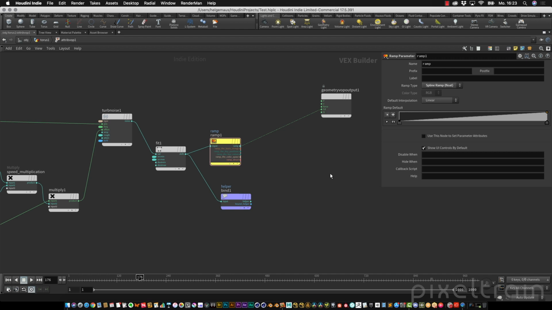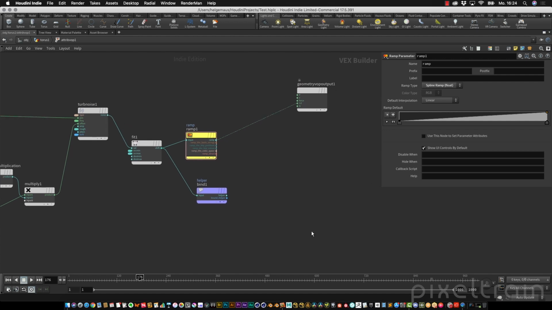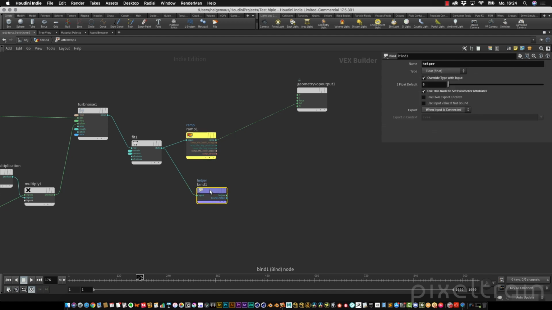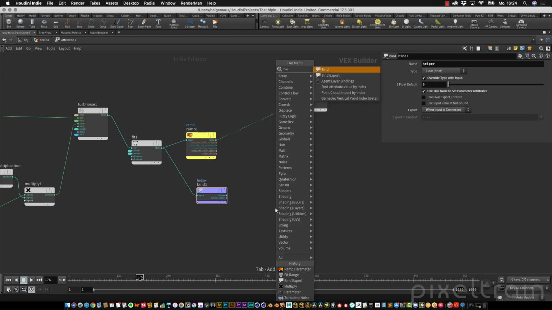But what we want to do now is scale the points up and down. And for this, Houdini has its predefined attribute name, which also Mantra and other external renderers understand, and this is the attribute with the name pscale. So what we want is to take this output here, which is a float, and export this value as a pscale value. To export something, we have learned that we have this bind export node here. So we take another bind export node